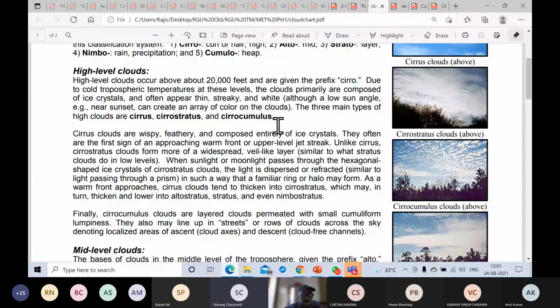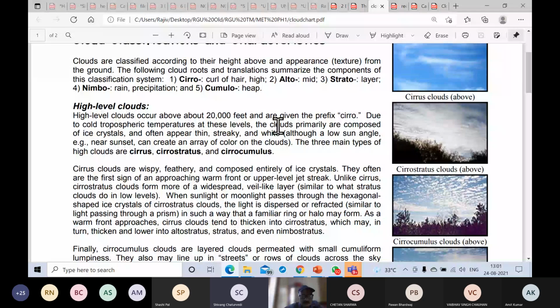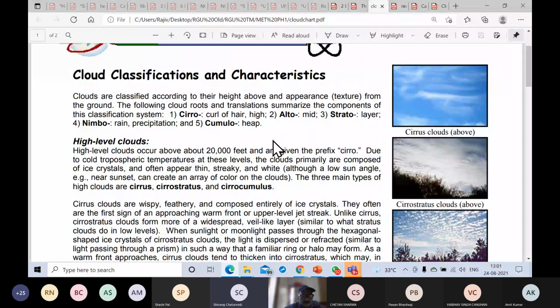नहीं सर, जैसे लिखा है ना, ये ऊपर थोड़ा स्लाइड ऊपर कीजिए। सर, जैसे साइरो मतलब कर्ल ऑफ एयर, हाई टू मिड, तो ये किसी बेसिस पे ही तो बनाया है। जैसे निम्बो मतलब रेन, मतलब हाई लेवल क्लाउड्स रेन नहीं करते, ऐसा? नहीं, ऐसा नहीं है। निम्बो इज सिग्निफाइंग रेन। तो मतलब ये जो नीचे वाले हाई लेवल क्लाउड्स हैं, इनसे रेन नहीं होगी, दैट मींस सिंपल लाइक दैट।